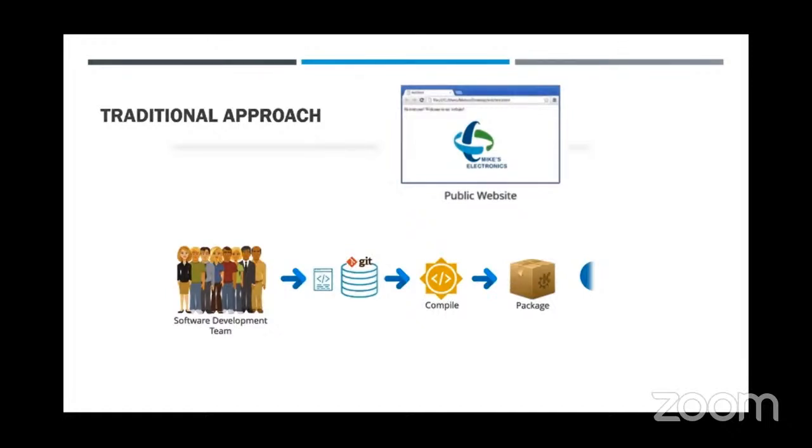First of all, since this code is created by multiple team members, we need a code versioning system, for example, Git, so that everybody can synchronize their code and there is a single repository, right? So they check in their code into Git. After that, the code is compiled into the respective compiled version. Like for example, if it's Java, it's the class files, right? And then the compiled code has to be packaged.